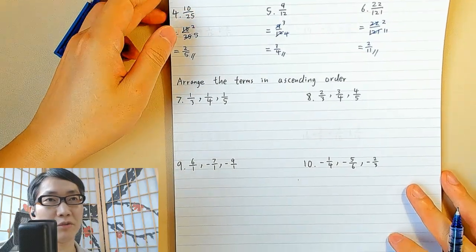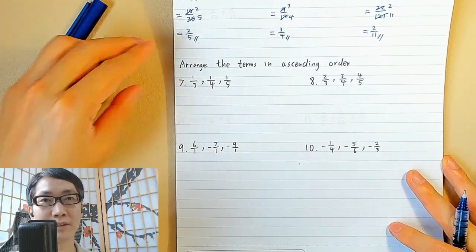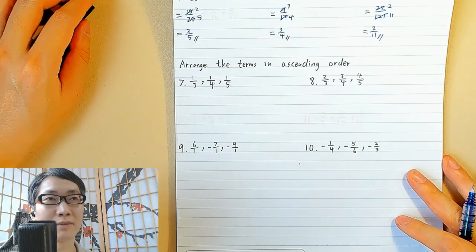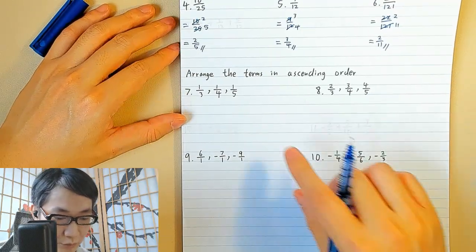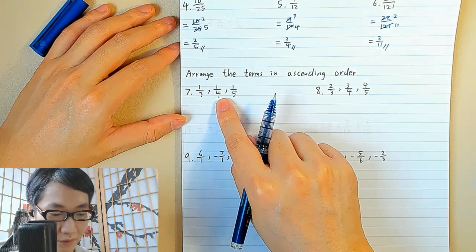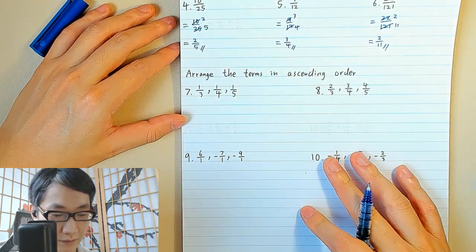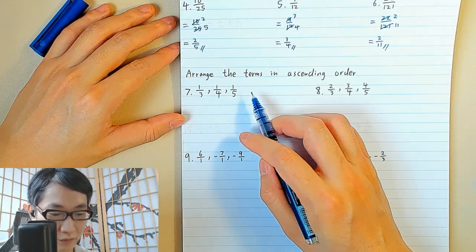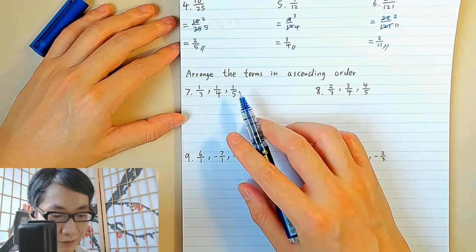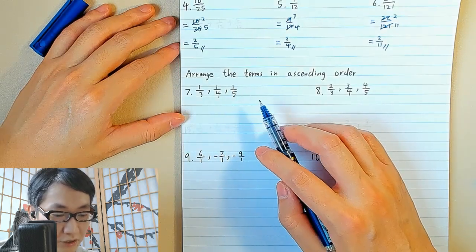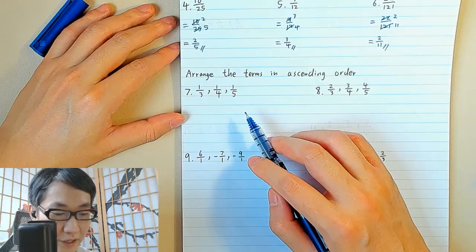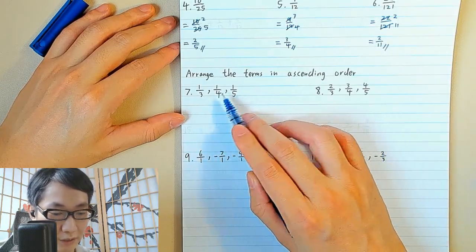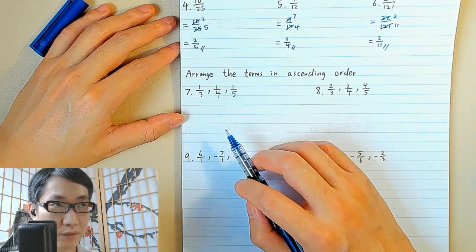Next, arrange the terms in ascending order. So ascending order is from smallest to largest. Okay. So in here we have 1/3, 1/4, and 1/5. Okay. So without doing anything, by observation, you may be able to see that 1/5 is actually the smallest. So you go from 1/5 and then followed by 1/4 and then 1/3, because all of these are one fraction